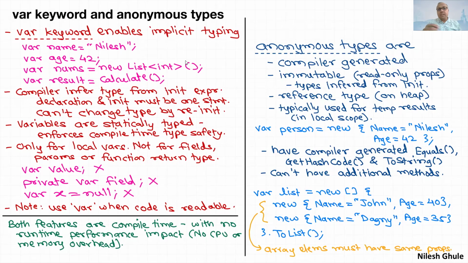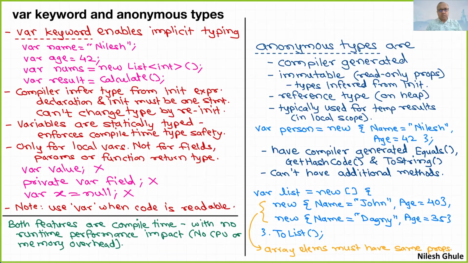Let me begin with the var keyword. The var keyword enables implicit typing, which means when we declare a variable, we need not write the data type explicitly. Usually, if you know, we declare the variable like this: int age = 42. And there we are telling the compiler that the age variable is of integer type, and then we are assigning